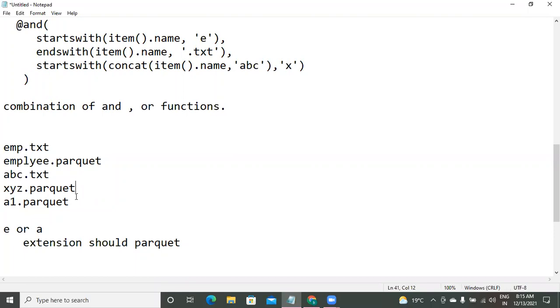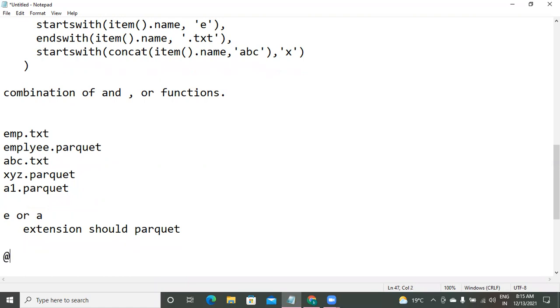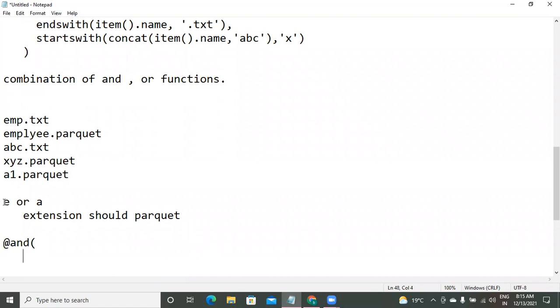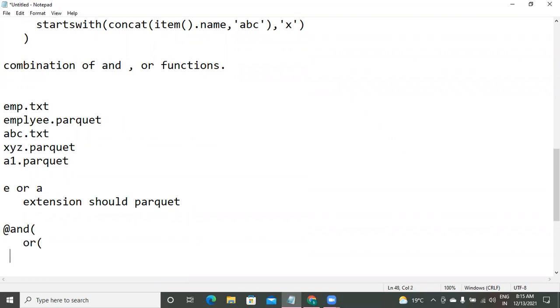At a high level, I am giving @and. My first condition is whether it is starting with E or A. That is condition number one. So for this, I am applying the OR function. Again, I am coming down.